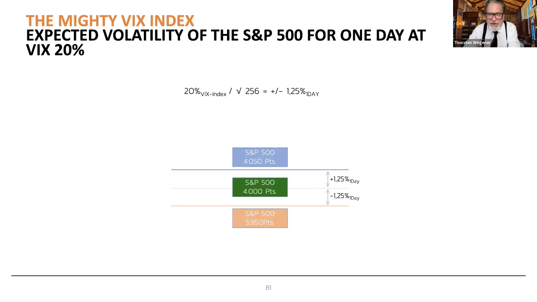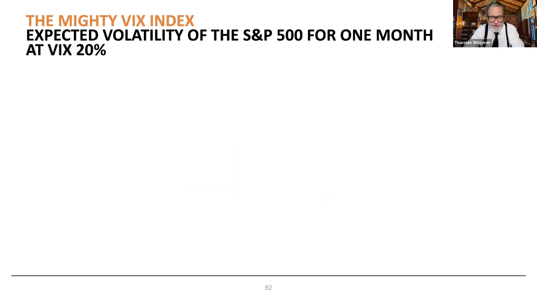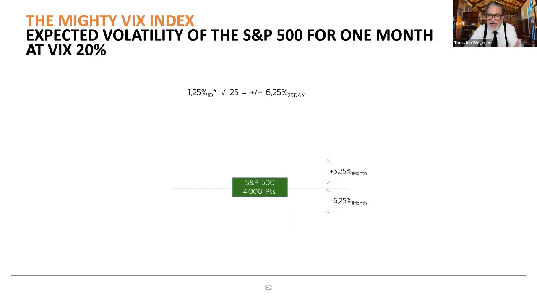So you can say tomorrow the market will probably not trade higher than 1.25% and probably not lower than 1.25%. And then obviously you can also do the same for any period you wish. In this case, I've taken, for easy math again, 25. Multiply the daily return I have already calculated by the square root of 25. And I can say in a month's time, the market expects it will not be trading above 4,250 or below